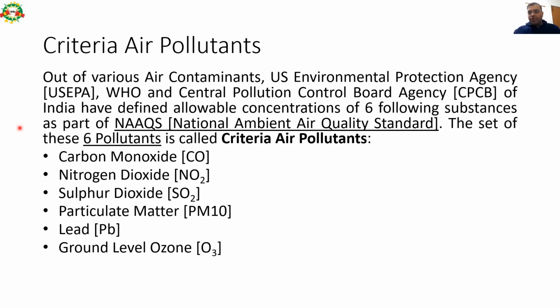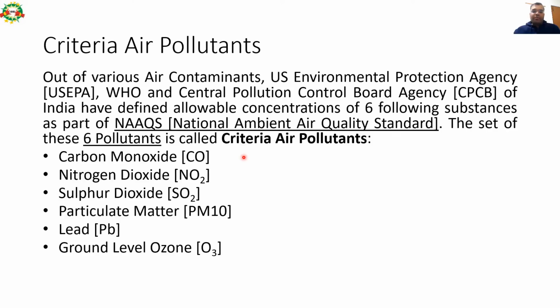We might have heard air quality index or air quality standard. So the set of 6 pollutants is called criteria air pollutant. So 1 mark theory question can also come. How many pollutants are there in criteria air pollutant? Which chemical is not included in criteria air pollutant, or which chemical, which gas is included in criteria air pollutant? So these type of theory questions can come. So please remember, these are the 6 pollutants which are being considered and put under category of criteria air